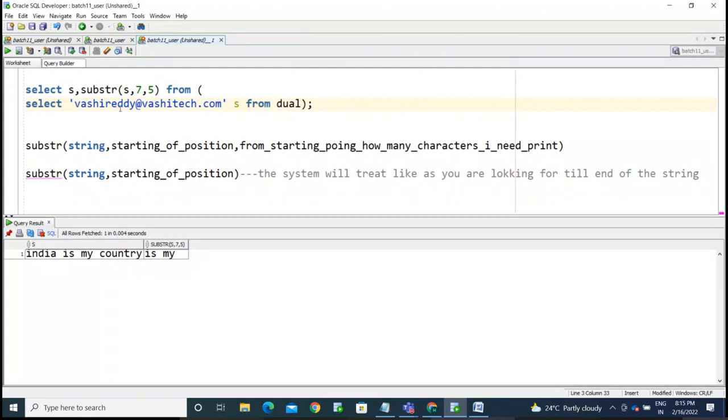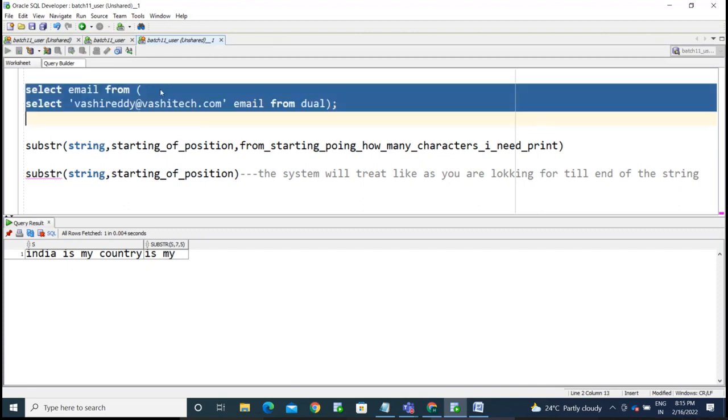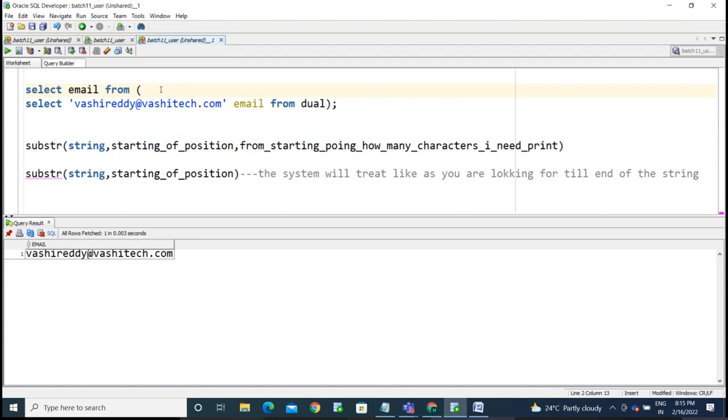Okay, there is some email ID for you. Now I need to print a domain name using this email ID. I need to separate this string into two parts: the domain name as well as the name. The name is whatever the Gmail ID has in this place. Vashi Reddy is my name. After the @, whatever you have here, you treat as the domain